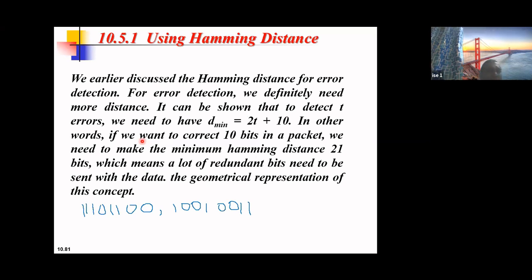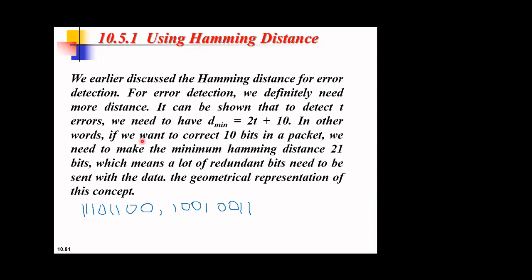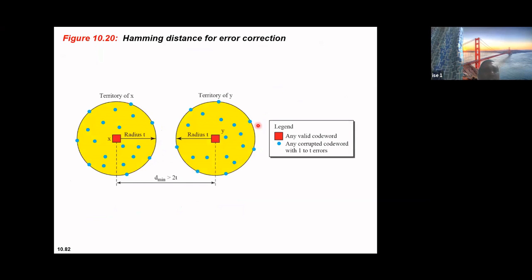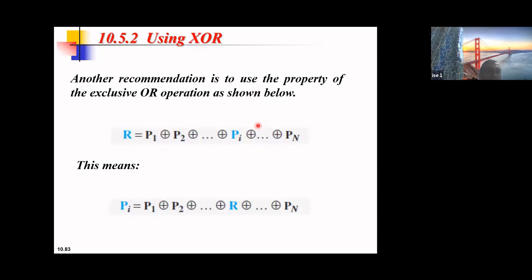Hamming distance is 26. 8. You got the idea? So 8, because 2 into 8 is 16 plus 10, 26. So I am saying Hamming distance is 26, so I can correct 8 errors. This is the formula, and this is where you have to remember it. So this is what is using XOR. If I want to know Hamming distance, this is the operation.